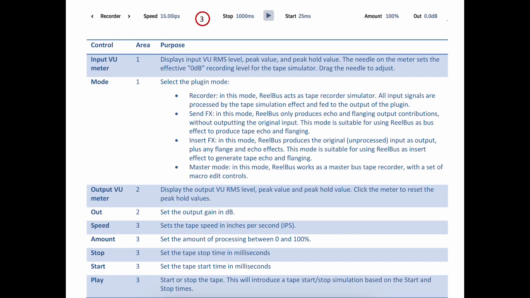Now the next one, insert FX mode. In this mode, RealBus produces the original unprocessed input as output. So it does output the signal that you put into it, but it is not processed. Then any flange or echo effects are added on top of that. So we'd use this if we're just looking for the tape echo and flanging. And then the master mode,